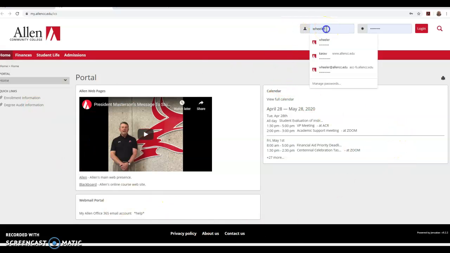Up here is where you're going to put your username, and that will be your student ID number. Do not look at mine. It would be something like 189526, something to that. Your password is going to be the first four initials of your last name plus the